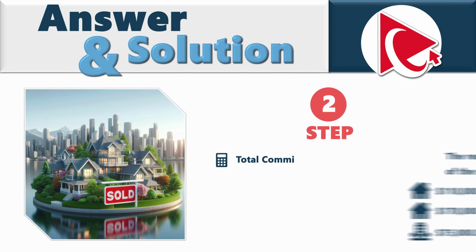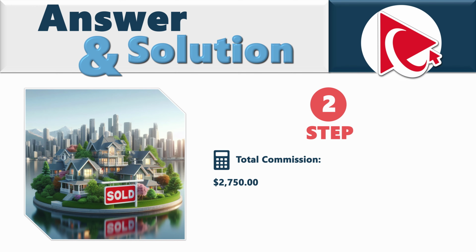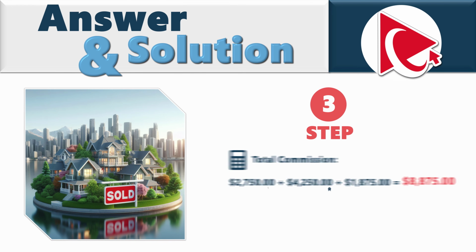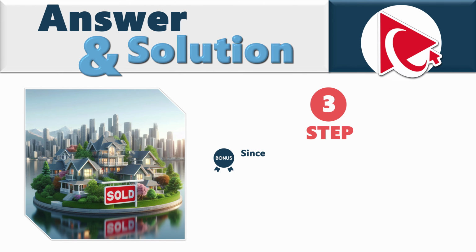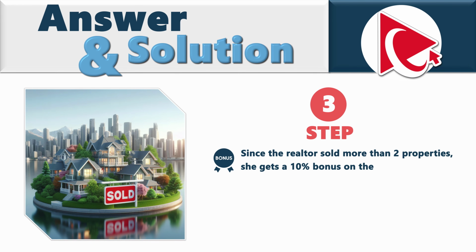$1,875. In step 2, we add these 3 values we just calculated, and the sum of the calculation will be $8,875. In step 3, we will determine if the realtor qualifies for the bonus. Since she sold more than 2 properties, she gets a 10% bonus on top of her total commission. Bonus can be calculated as 0.10 multiplied by 8,875, and the end result of this would be